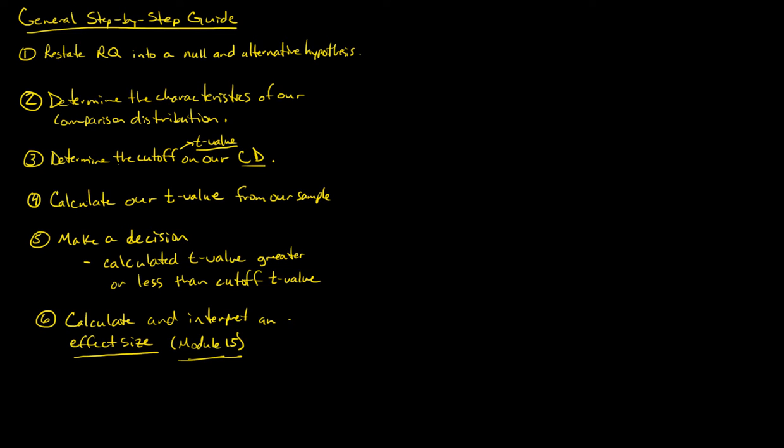So I think the first one is pretty self-explanatory. I'm going to switch to a different color here. We'll go to blue, where we're restating the research question into the null and the alternative hypothesis. Again, go back and see the other video. Now, determining the characteristics of our comparison distribution. So let's just recall for a minute here that,